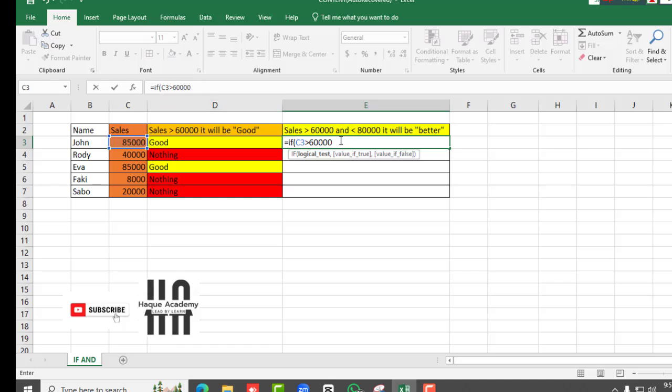Okay, but you cannot attach two conditions here. That's why you have to add the AND function. It's another logic function which requires two logics to be fulfilled, and here is logic 1, it must be more than 60,000. Okay, and here is another logic, it must be less than 80,000. Okay, and you see that it must be 80,000. Okay, and